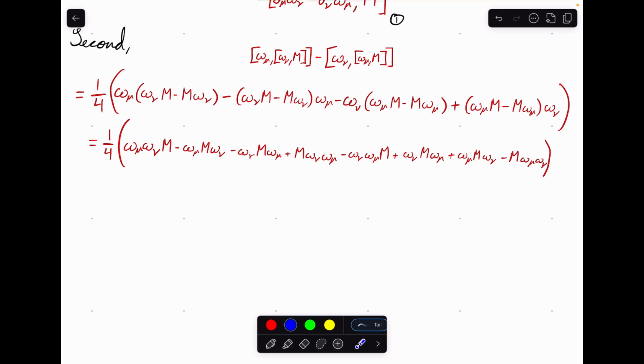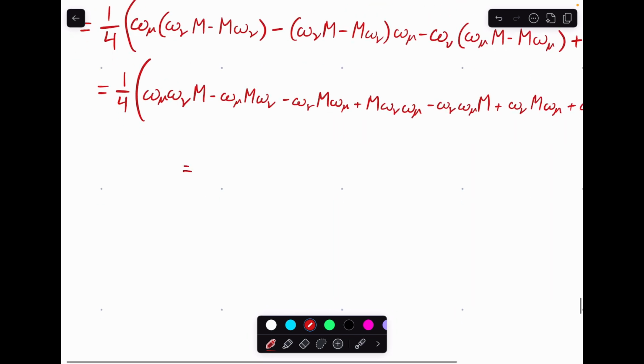And now we're going to have a bunch of terms cancel, namely all these sandwich terms will cancel. So this mu nu cancels with this mu nu, this nu mu cancels with this term. So now we're just going to be left with the quadratic terms, not the sandwiching terms. Though technically a sandwich is a quadratic, but don't mind me. So now we just have omega mu omega nu m